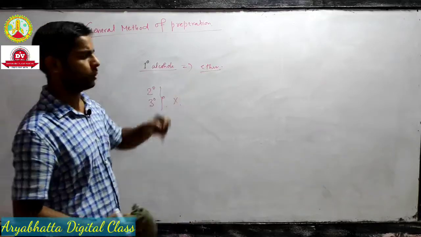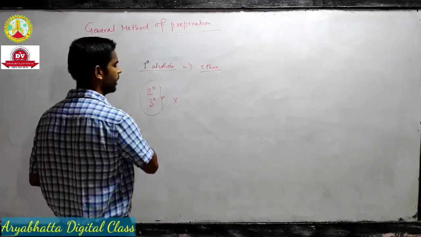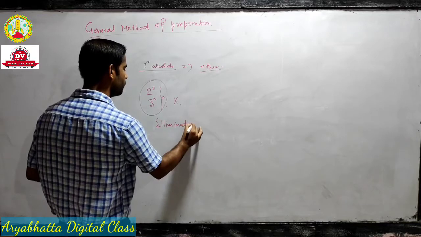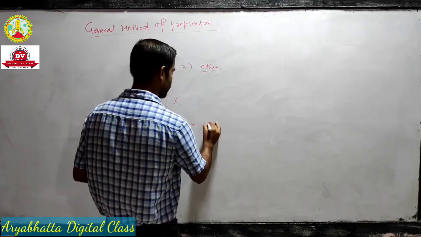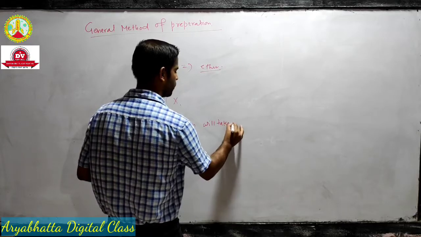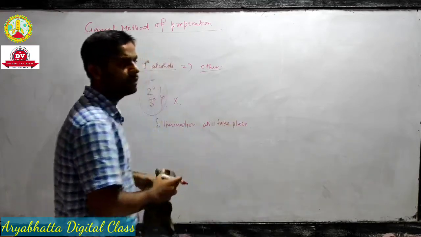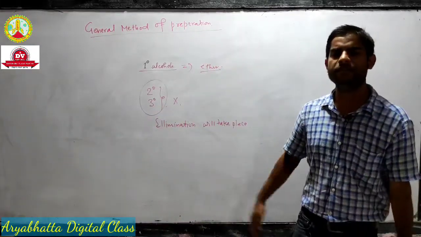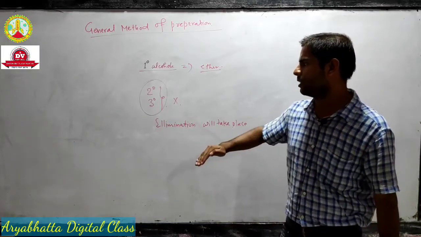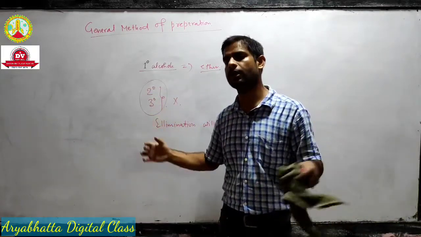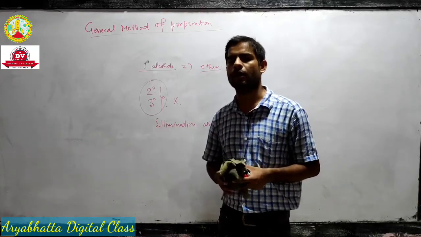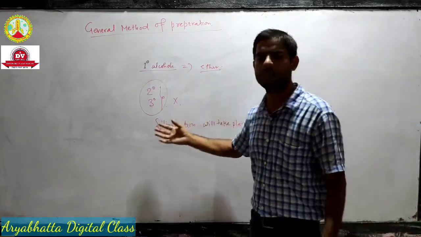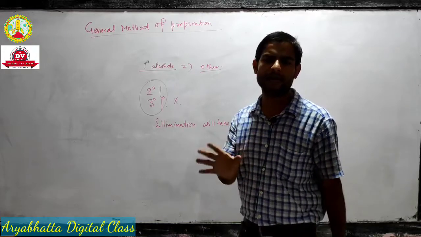They do not produce the corresponding ether, because in case of 2 degree and 3 degree alcohols, elimination will take place. That means primarily they will form alkenes. And we have seen in the dehydration reaction of alcohols that as soon as we switch to 2 degree or 3 degree alcohol, in case of 3 degree alcohol we used H3PO4 and only 25% concentration of H3PO4 was sufficient to dehydrate the alcohol.